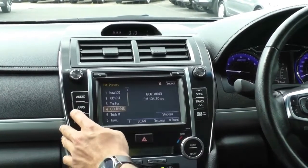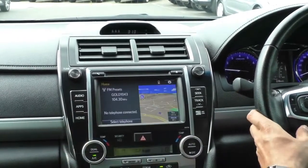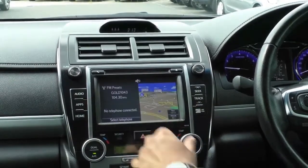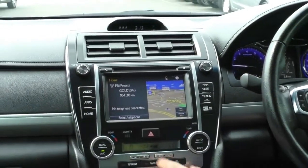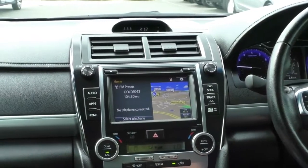I'm going to mute that. If I go back to home, this is your home display. So on the right hand side is your navigation, top left is your radio, and bottom left is your mobile